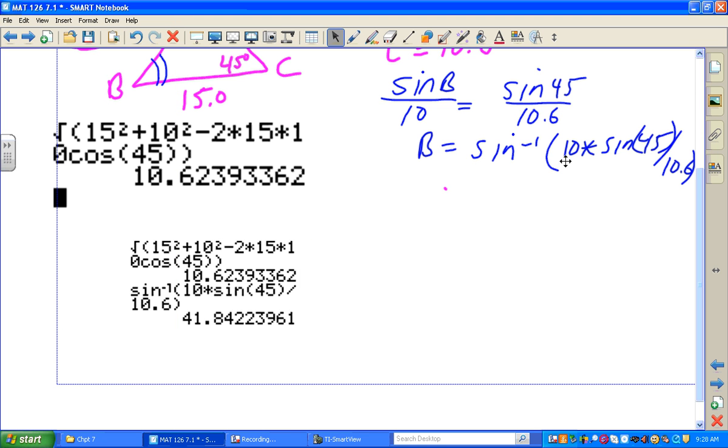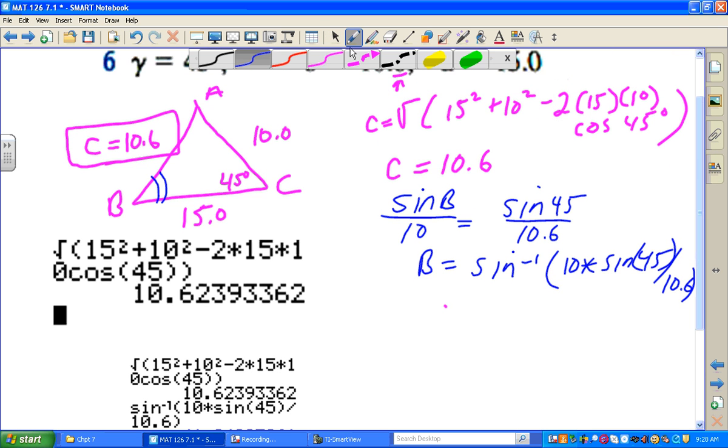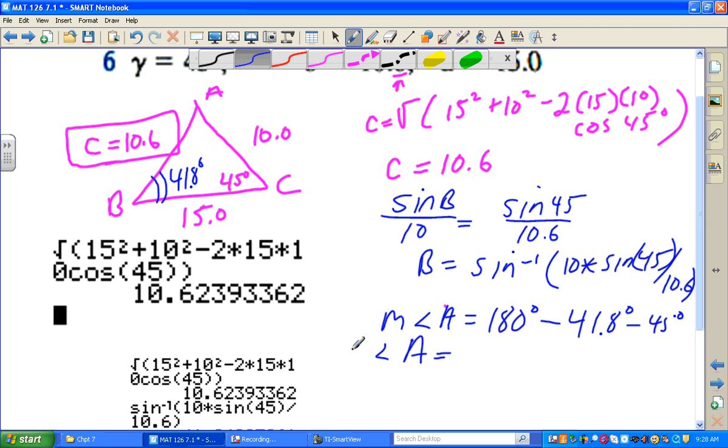So that means this is 41.8. And how do you find A? 180 minus 41.8 minus 45. So A equals